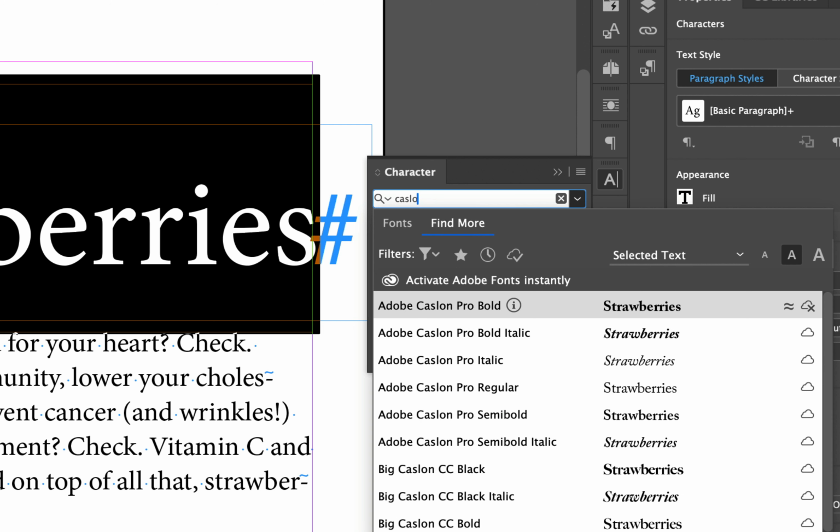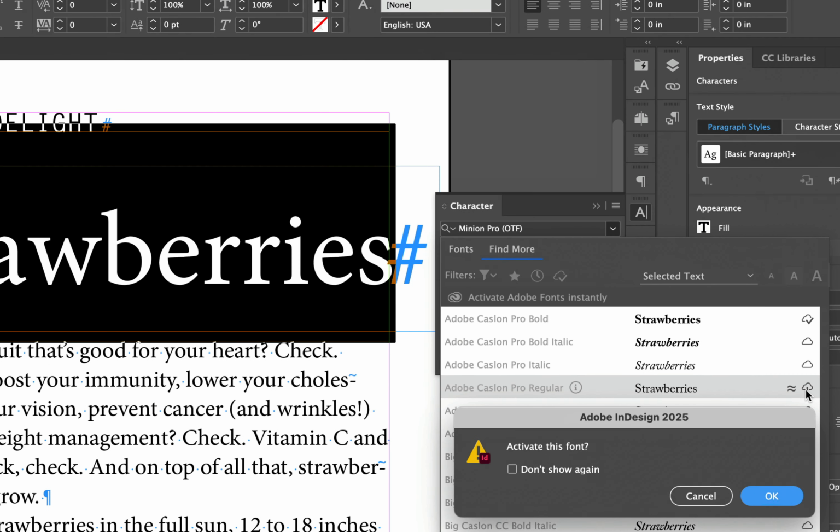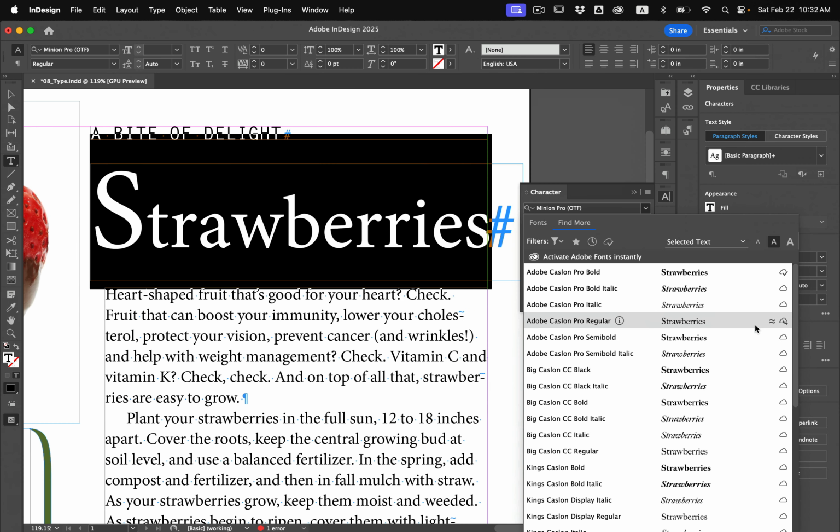Give it a second to think about it. There it is, Caslon Pro Regular. Here it is from in my list. With this selected, I can click on the little Activate, and it's going to ask me, do I want to activate the font? We'll say OK. Give it a second to think about it, and it will install the font, and I'm ready to use it within